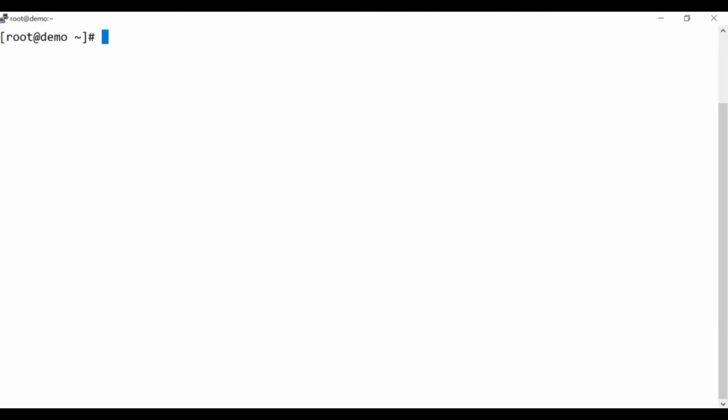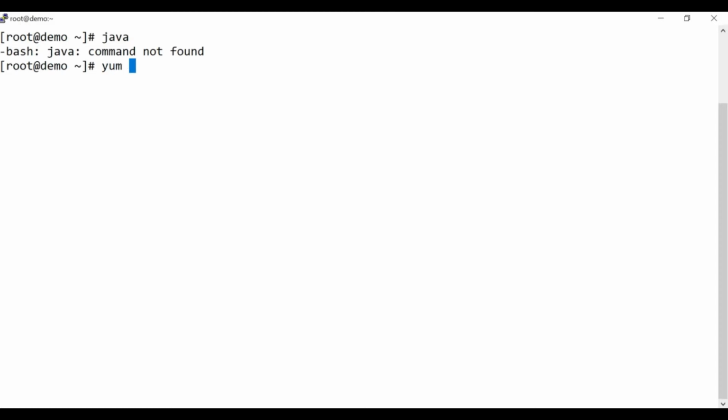Now let us install Jenkins. Jenkins is a Java-based application which runs by default on port 8080. So first, Java is a prerequisite to run Jenkins. First, JRE should be installed or Java should be installed to run Jenkins. So let's see if we have Java. We don't have Java running on this machine. So first, let us install Java.